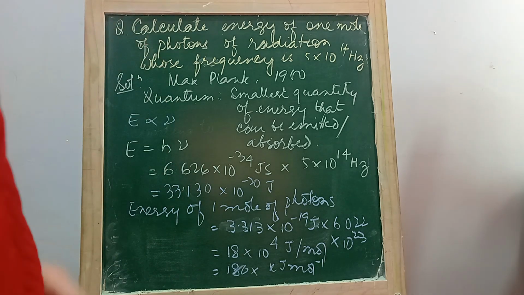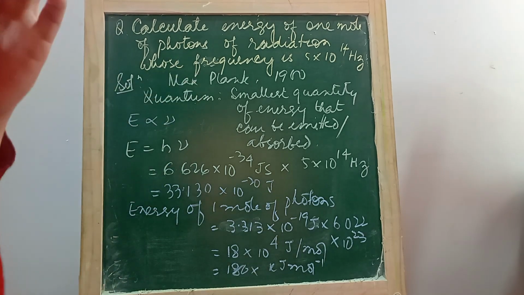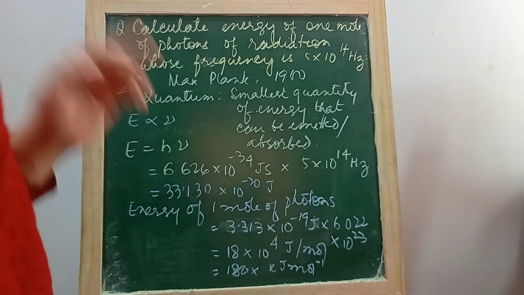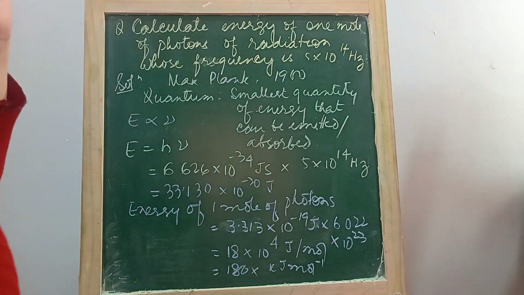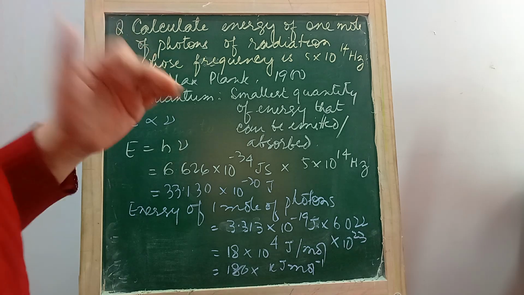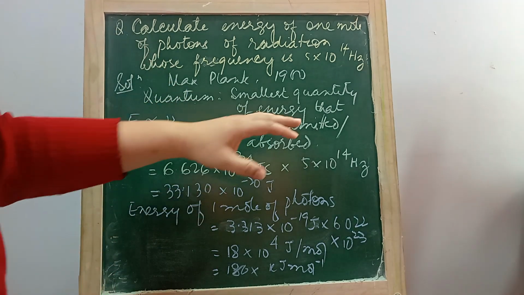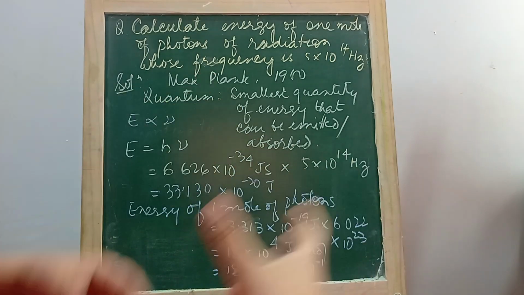Let's try to solve a problem which is related to Max Planck's quantum theory. Max Planck was a German physicist, and in 1900 he proposed a term called quantum, according to which the smallest quantity of energy that can be emitted or absorbed